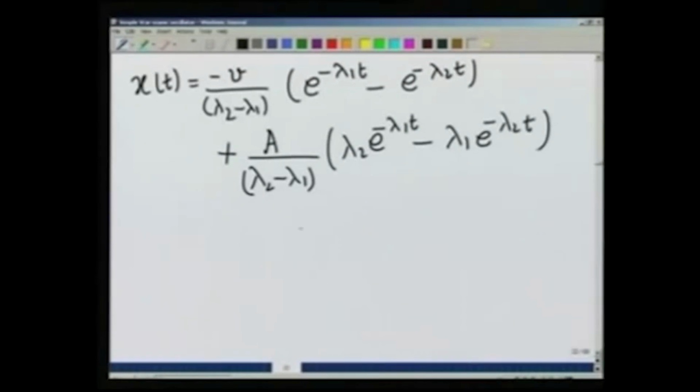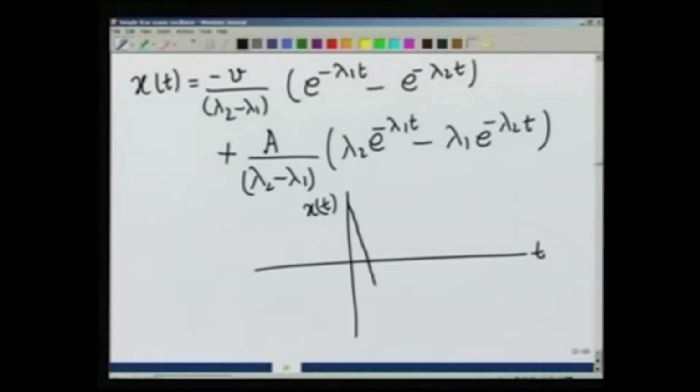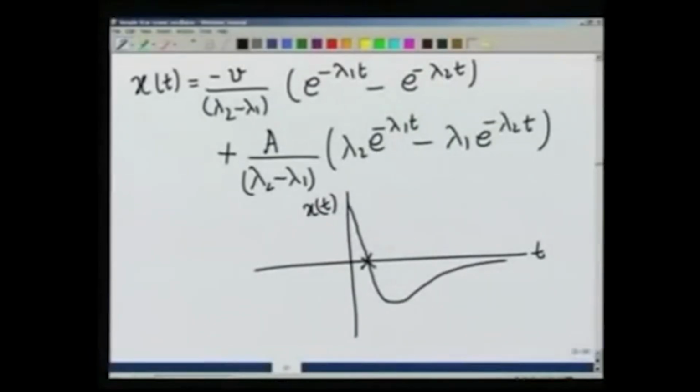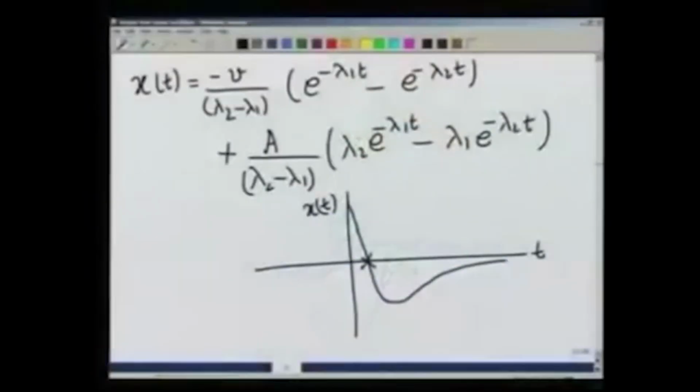And when I plot the solution, in general it is going to look like this. It starts with a value A, goes down, goes towards the negative side, and then after that the solution decays like this. So, this is one case where the mass does cross the equilibrium point, but once it reaches the left hand side maximum stretch, the solution again decays exponentially. So, we conclude that in heavy damping case, the particle can cross the equilibrium point at most once, and then